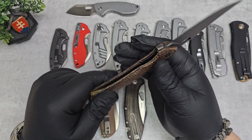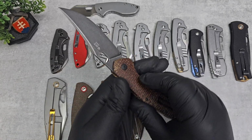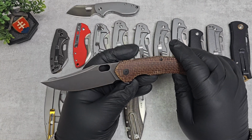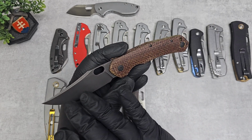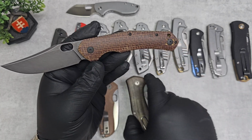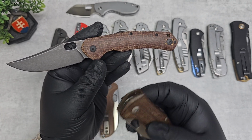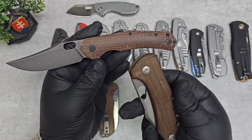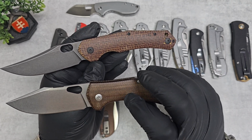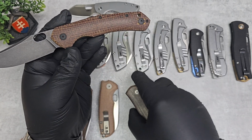Now with the Jutland, we have a really nice ergonomically fitted scale here, or handle, sorry. And yeah, what to say, it is one of my dream configurations as far as blade style goes. A really nice long clip point blade, Burlap micarta. So if I would have one of the dealer exclusives of the Ace Grand, which had the Vox Nas 4 Extra and the Burlap micarta, then just imagine this one in this configuration. I would definitely go with this one and never even touch the Jutland, because there would be no need to get another